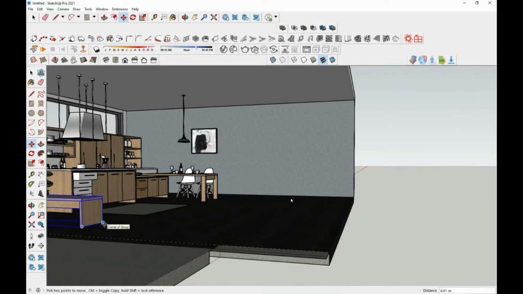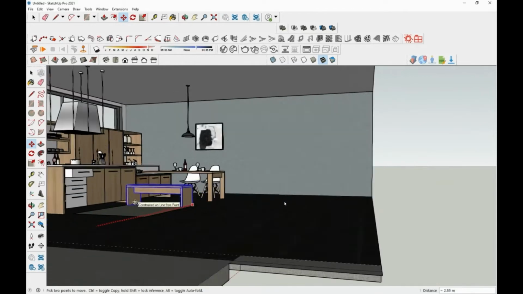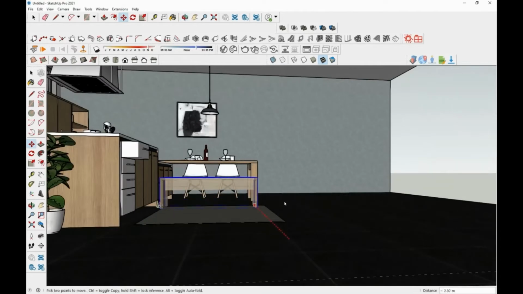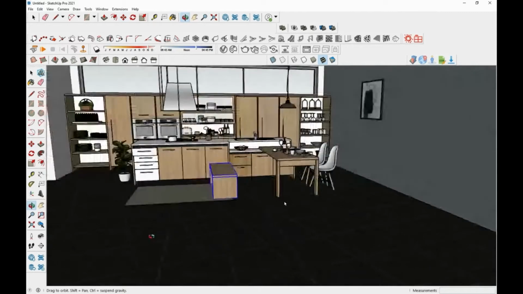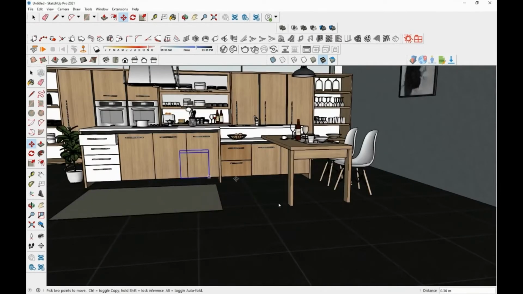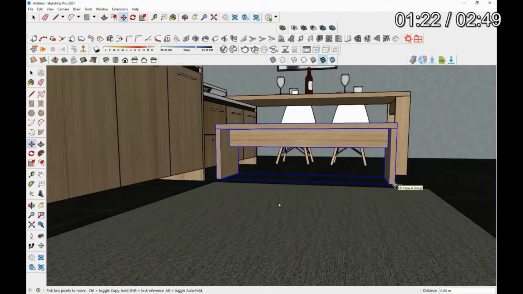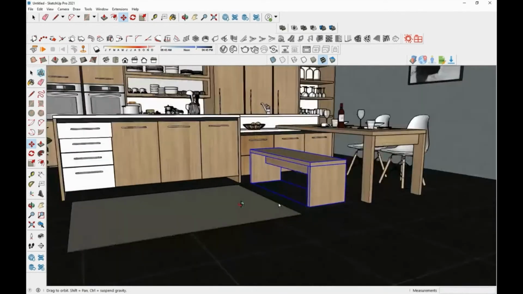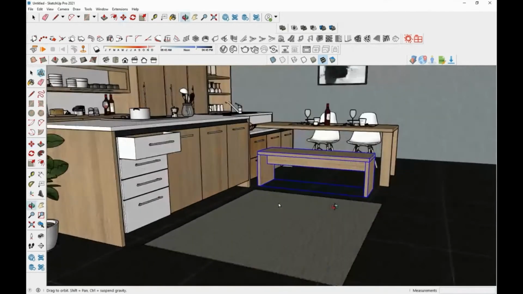So once after the inferencing, you can now make use of both the red axis and green axis. By locking it, now you can place it in its exact position. So by locking this kind of axis, you can now avoid the hassle of moving and placing an object. Now the bench is positioned in its exact position.